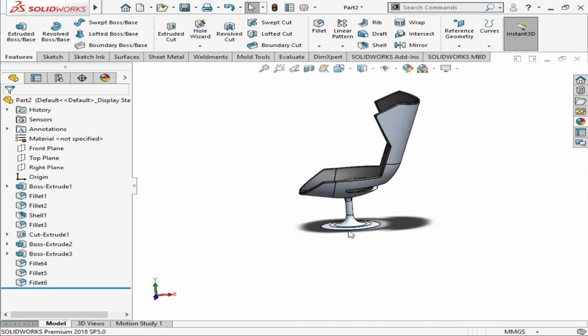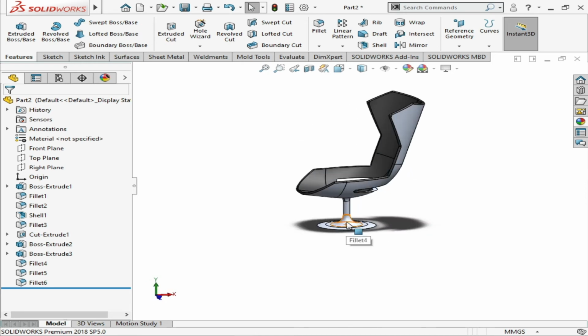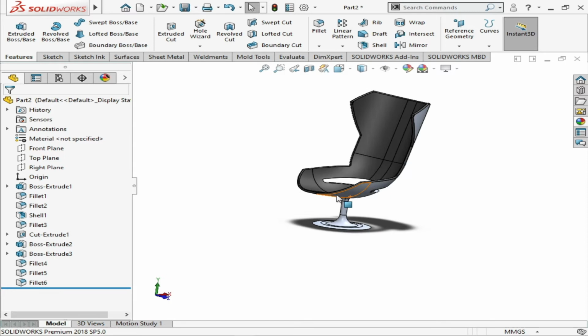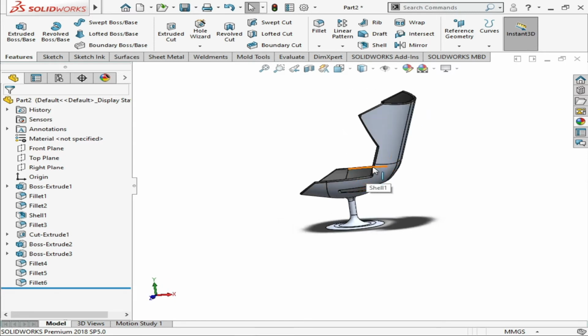Now it is ready. Now it's time to render it. We use another software known as KeyShot for the rendering of these 3D models.